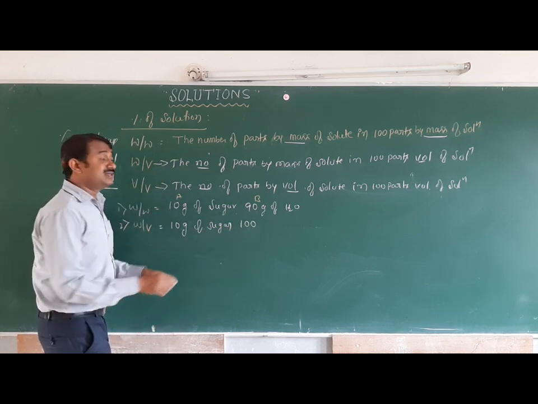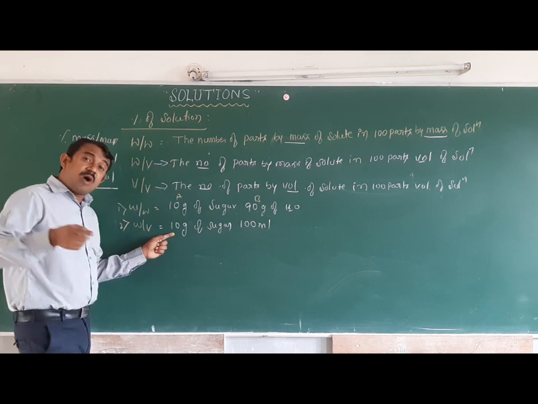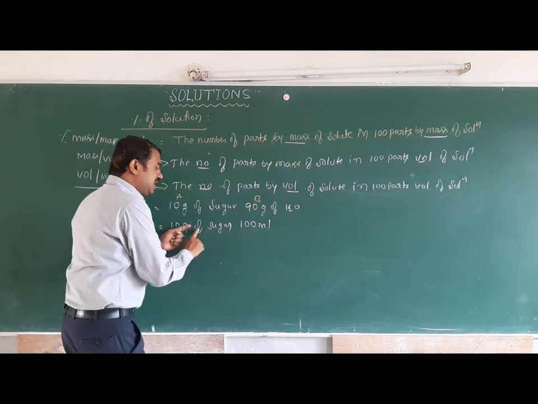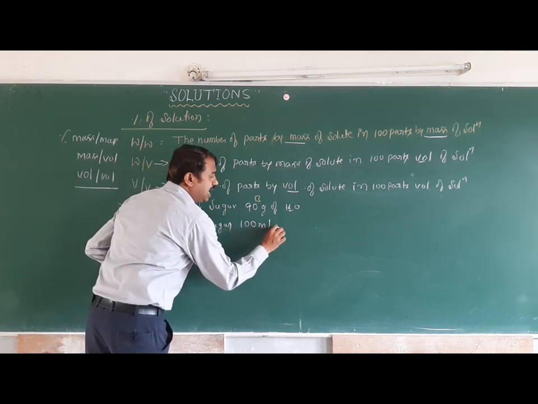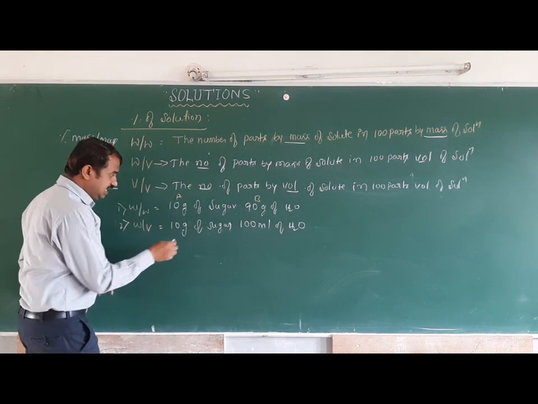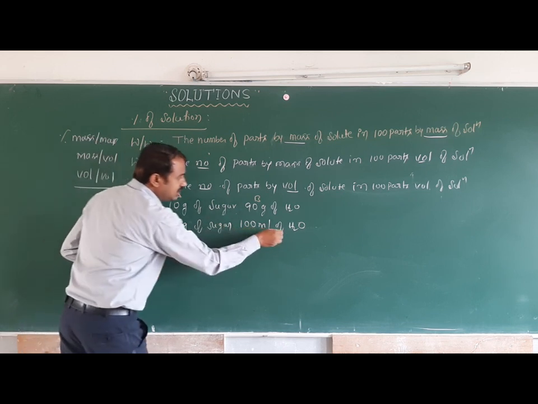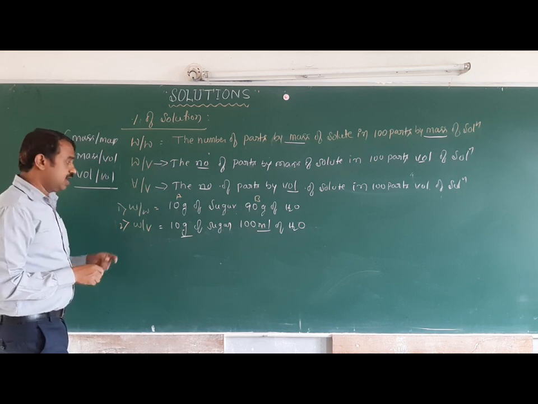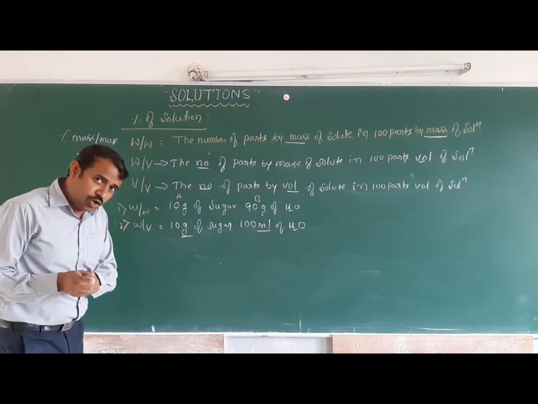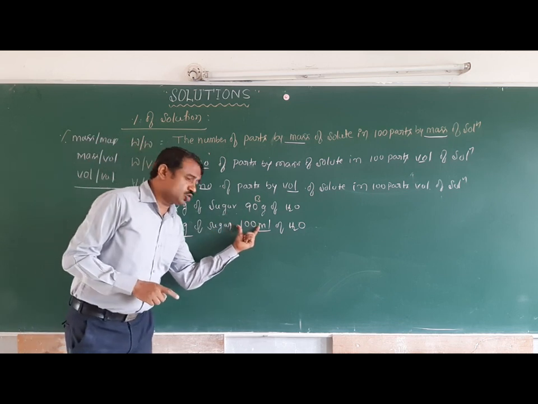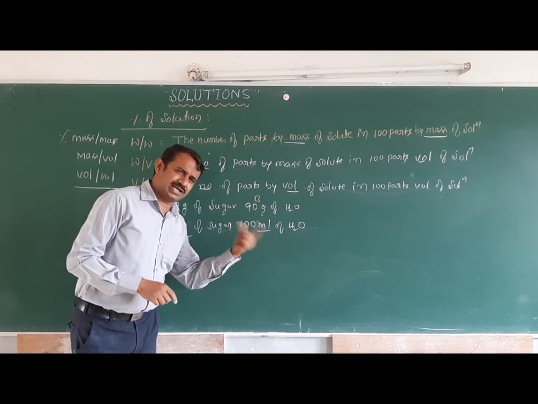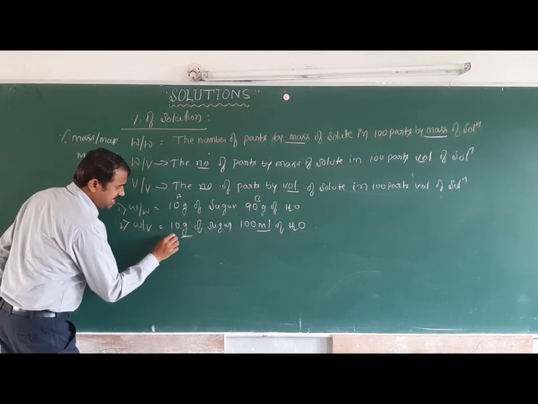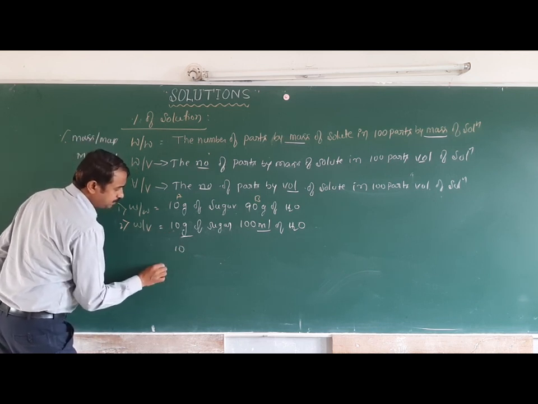100 ml means 10 gram present in 100 ml of the solution. 10 gram of sugar present in 100 ml of water. Here gram, here ml, weight by volume. When we are making weight by volume, it should be 100 gram or ml, whatever the value may be. Here 10 gram is 10 divided by,